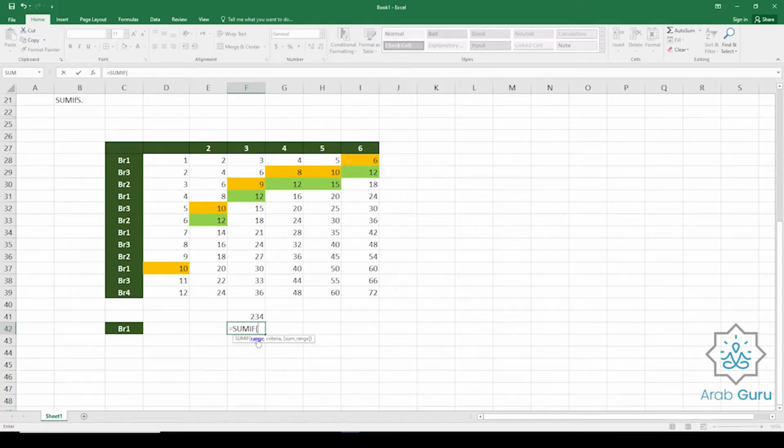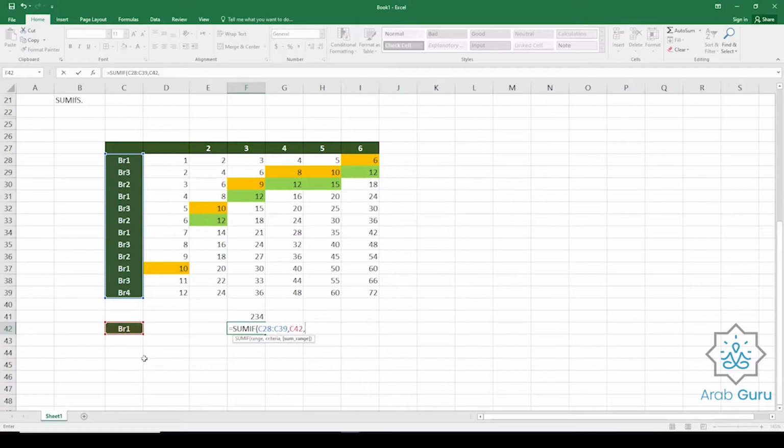That means a range that the criteria applies to. In this case, I will seek this range because I'm seeking branch number 1 in here. So the first range is referring to the range that contains the condition that I'm seeking, comma, criteria. Criteria is the conditions that I want to search for. In this case, it will be branch 1. I will choose this one, like so,